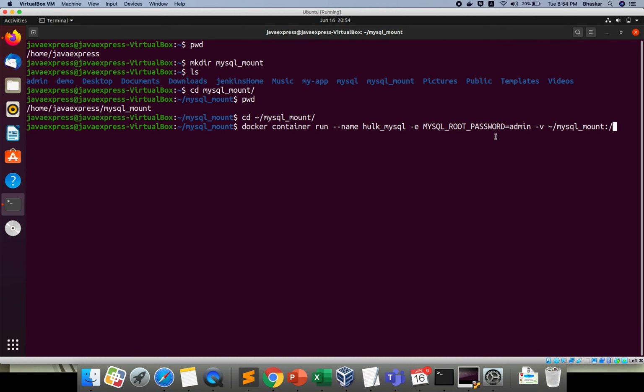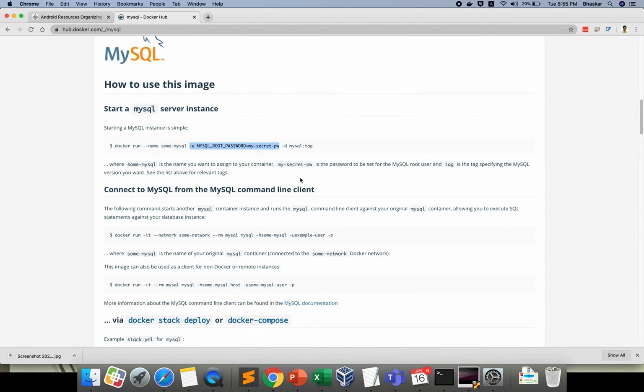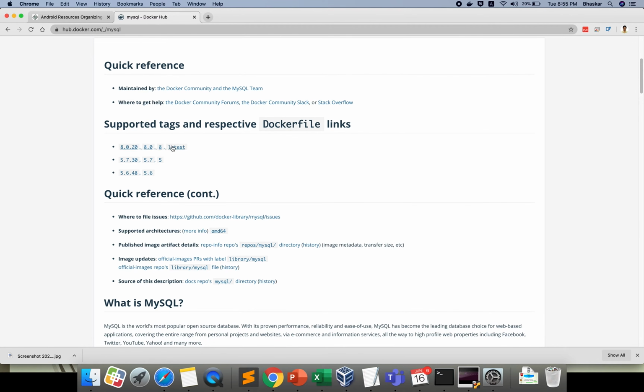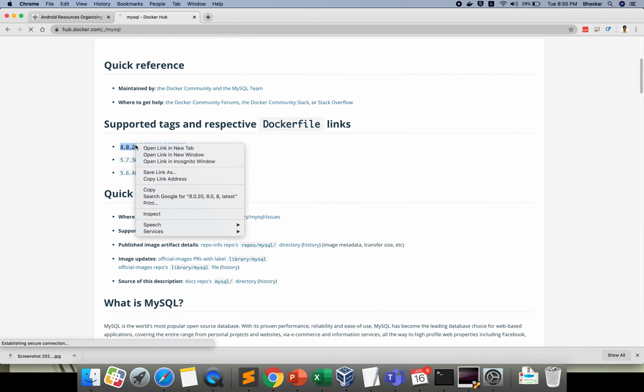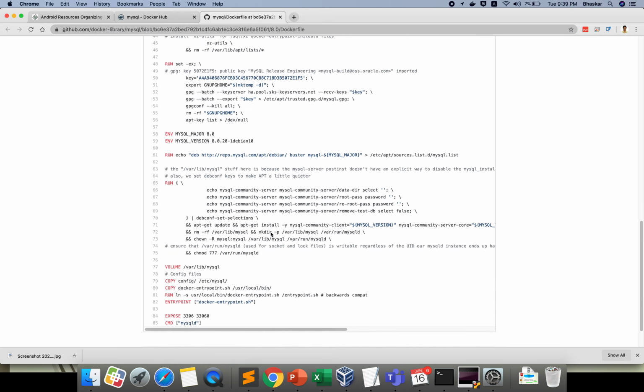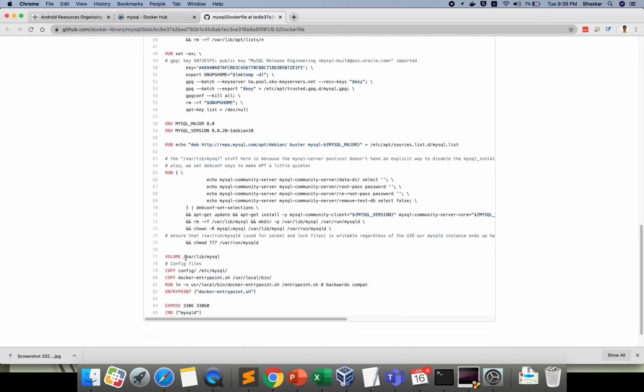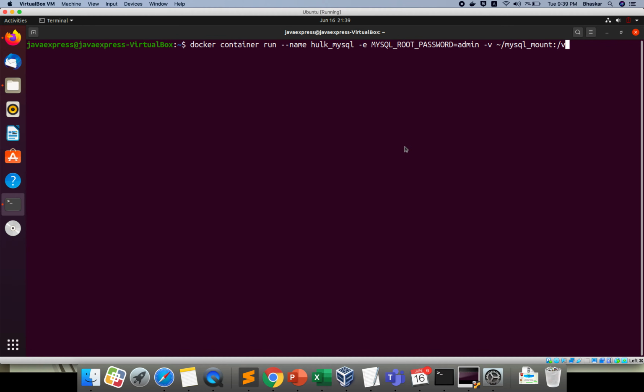If you install MySQL manually in your Ubuntu, it will create one default folder, var/lib/mysql. We will mount that same folder here. If you don't know why I'm using that folder, go to the documentation, this is the Dockerfile, right? I click on the Dockerfile, volume, where it is there. If you see, go down, whenever you install MySQL in Ubuntu, this is the folder. It will install all your database related things. Okay, just quickly go to my Ubuntu, I just copy paste, just removing the v.